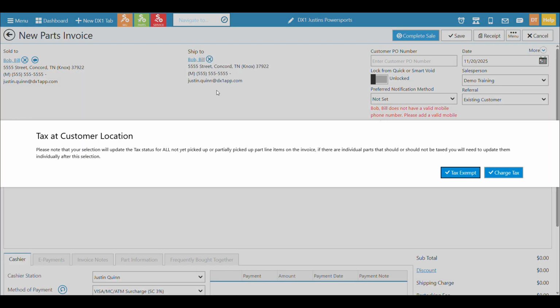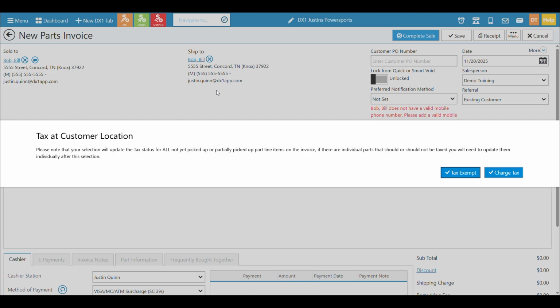And one of the things you need to understand in an invoice, and this is an important concept of a component, is that when you use or add a ship to customer, you're going to see a question here every time asking you, should I tax at the customer location or make it tax exempt? And you've got to know your own state's regulations and your counties and whatnot.